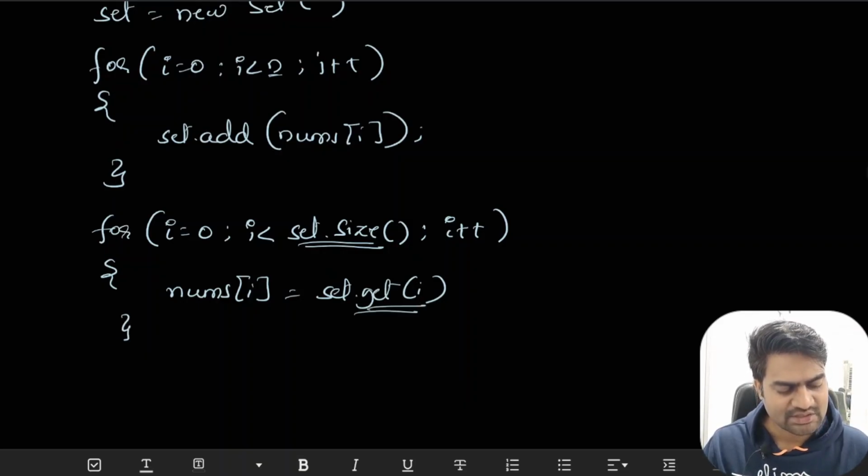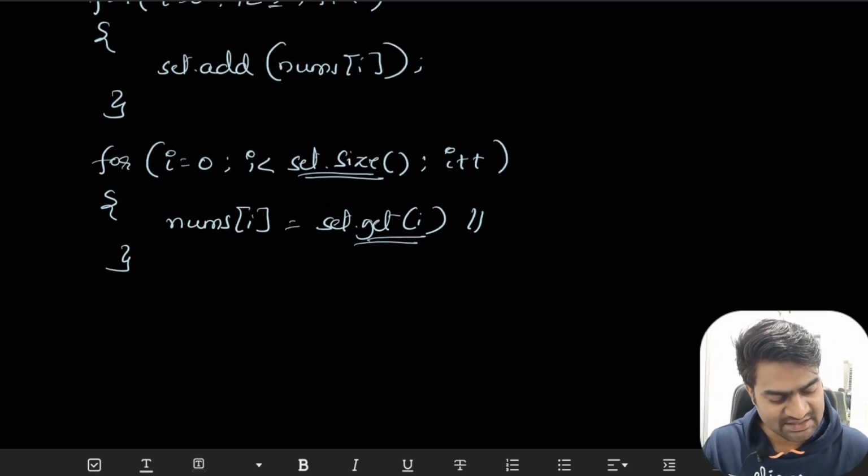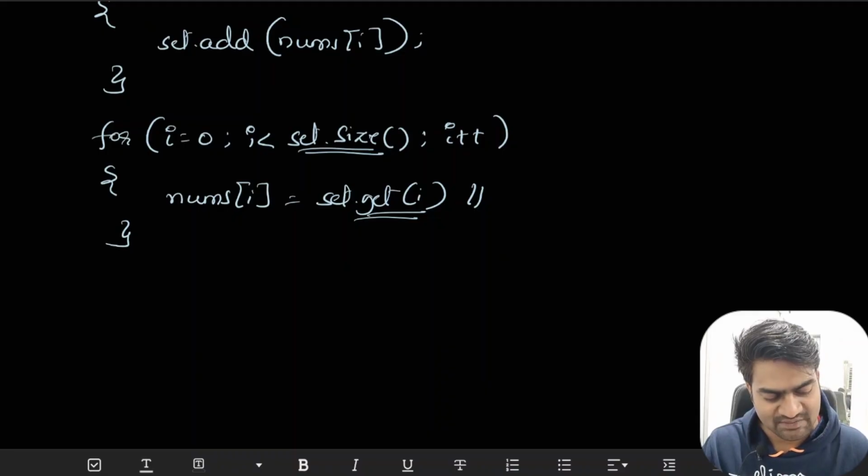This is the generic syntax I'm considering. You can consider the language specific syntax here. Since this is pseudocode, I'm considering generic syntax. After this, our nums array got replaced with the unique values. Now I will simply return